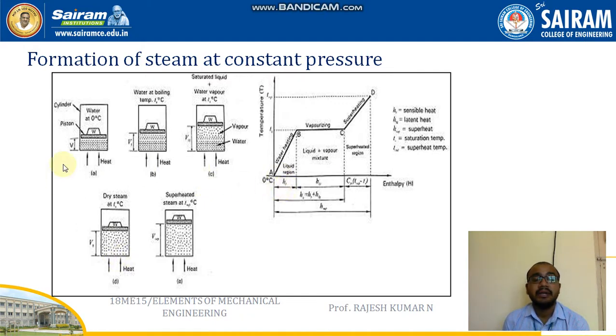So let me take a cylinder, and it's a closed cylinder, and inside let me take a volume of water, for example 1 liter of water at 0 degrees Celsius, and let me keep a movable piston with some weight over this volume of water. Now, the same thing, let me theoretically compare it with the enthalpy-temperature graph, where